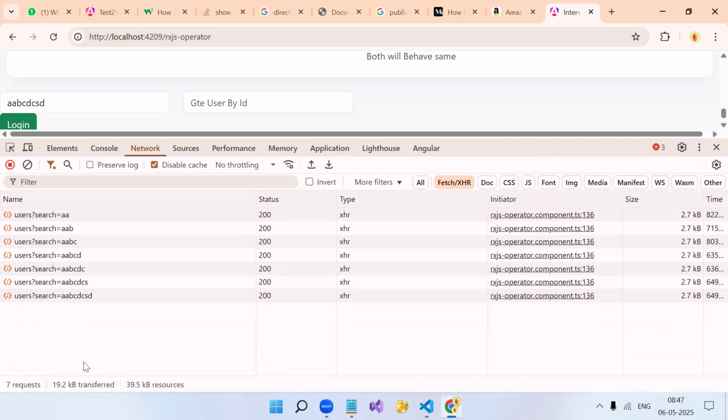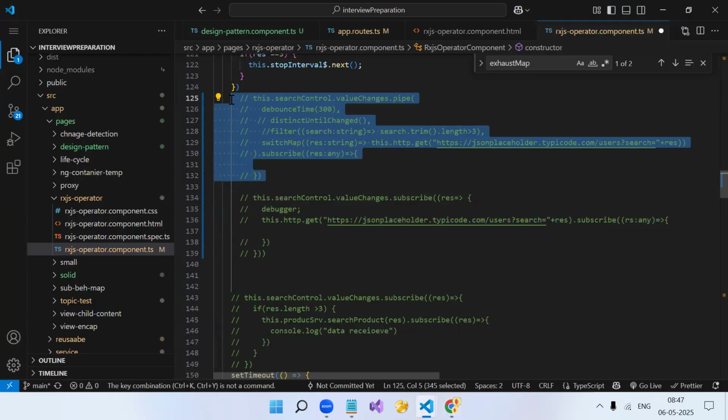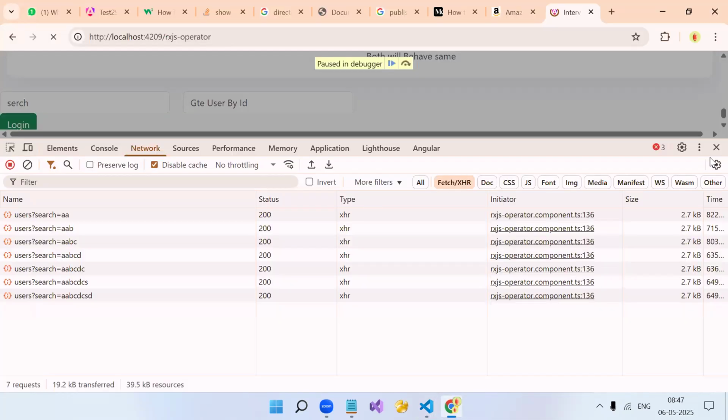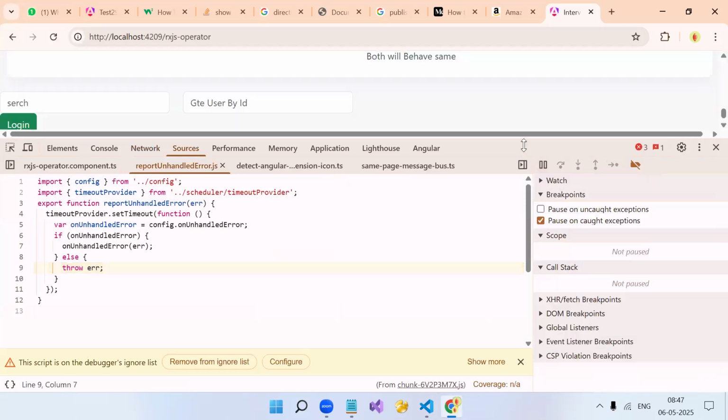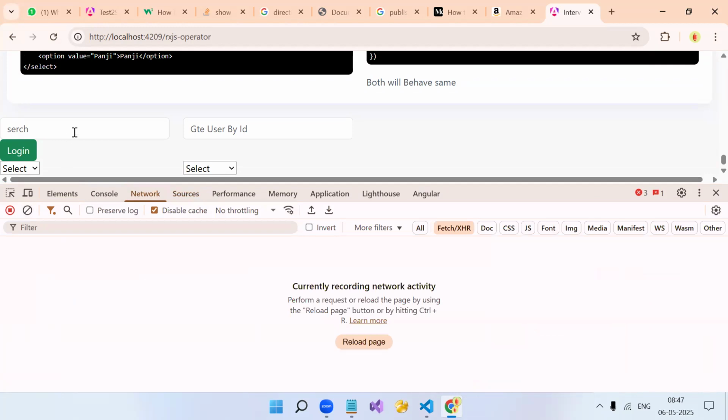नो। राइट। सो ये अवॉइड करने के लिए हम क्या करते, स्विच मैप करते। अगर यही तुम स्विच मैप से करो, तो तुम्हारा ये प्रीवियस वाले जो एपीआई कॉल हैं, वो कैंसिल आउट कर देगा, बिकॉज उनका कुछ मतलब ही नहीं है। और ये डिबाउंस टाइम डाल रहे हो कि 3 सेकंड वेट करे वो। सो स्विच मैप की फंक्शनैलिटी ही यही है, दूसरे किसी सिनेरियो के साथ कंफ्यूज मत होना।